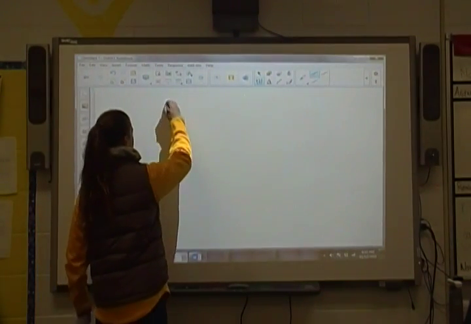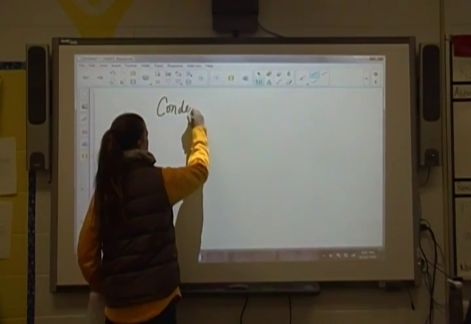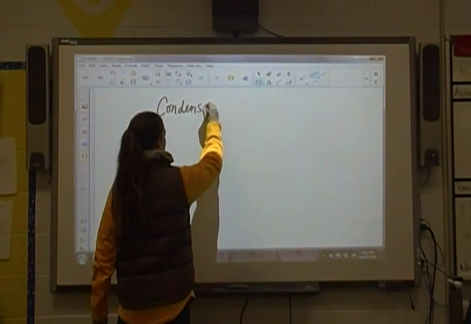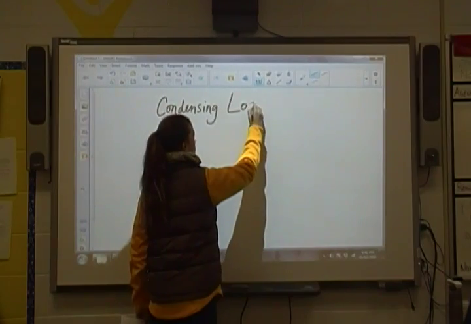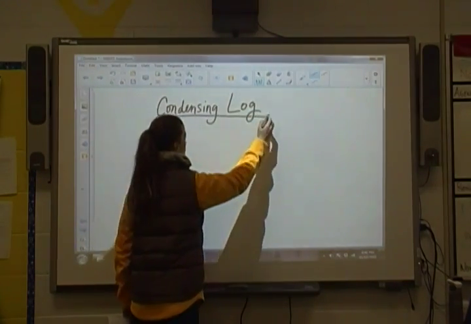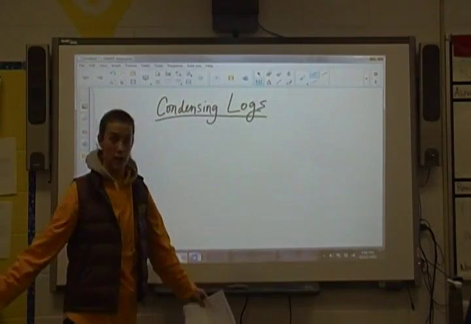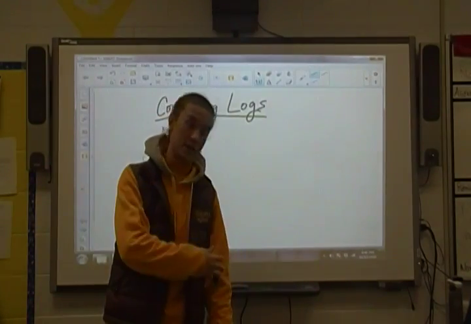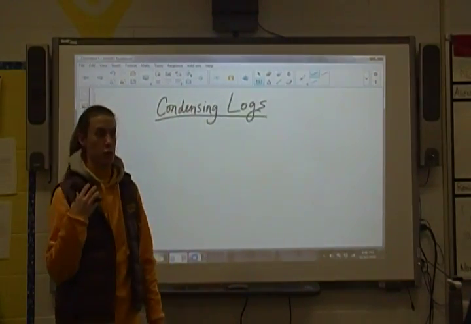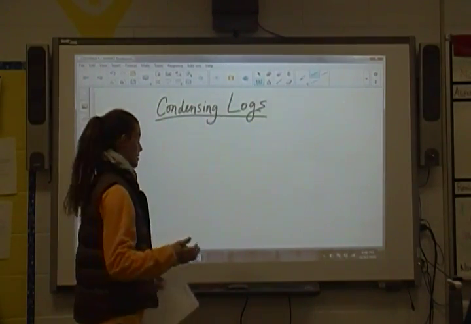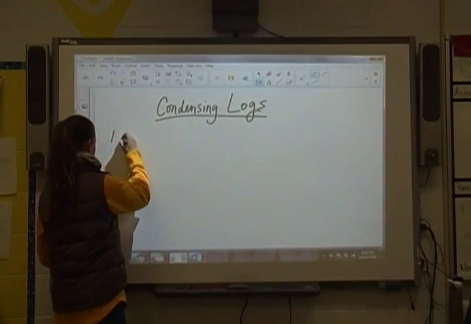All right, next up we're going to be condensing logs. And there's 3 rules for condensing logs. They're really the opposite of the 3 rules we talked about for expanding. So our first one is the product rule,